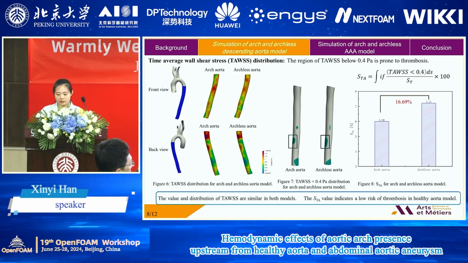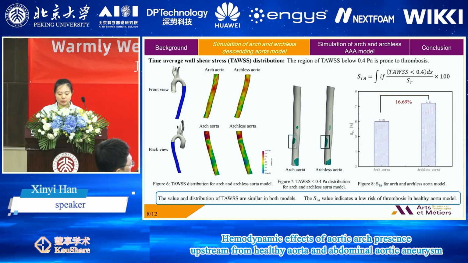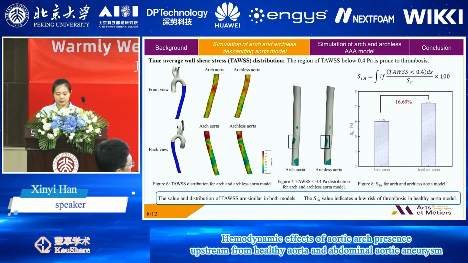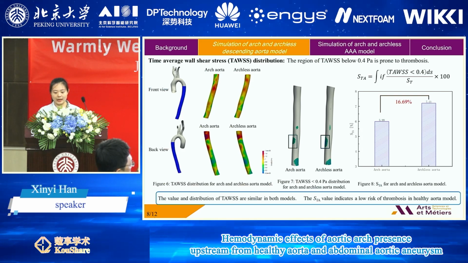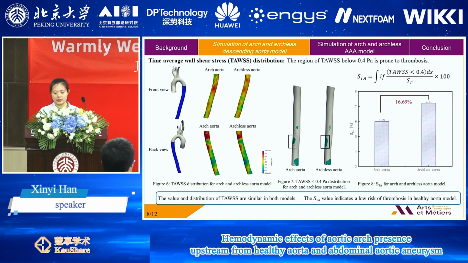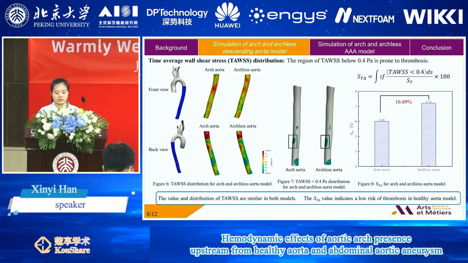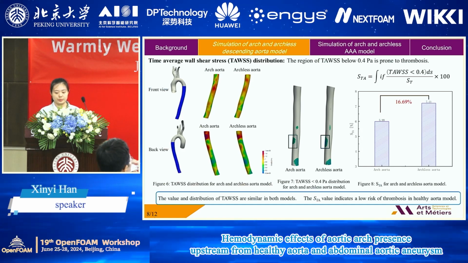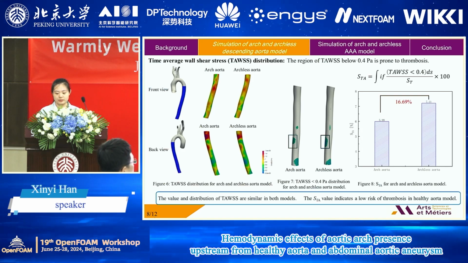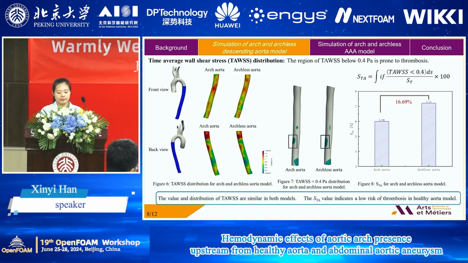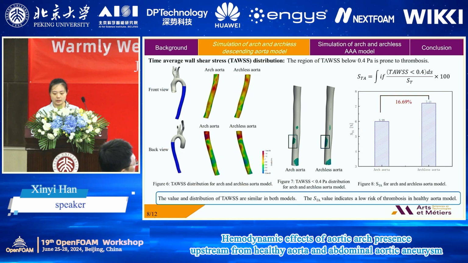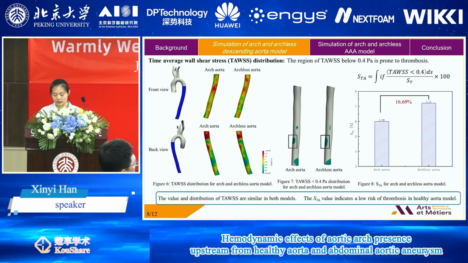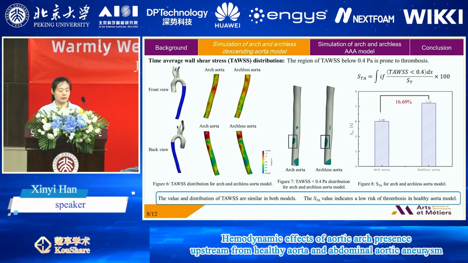And both models have a low risk of thrombosis. In short, the ARCH effect in healthy descending aorta occurs at the central velocity distribution, and the relative difference value of time average wall shear stress is 16%. And now I have finished the simulation result in healthy aorta, and I will talk about the simulation in aneurysm